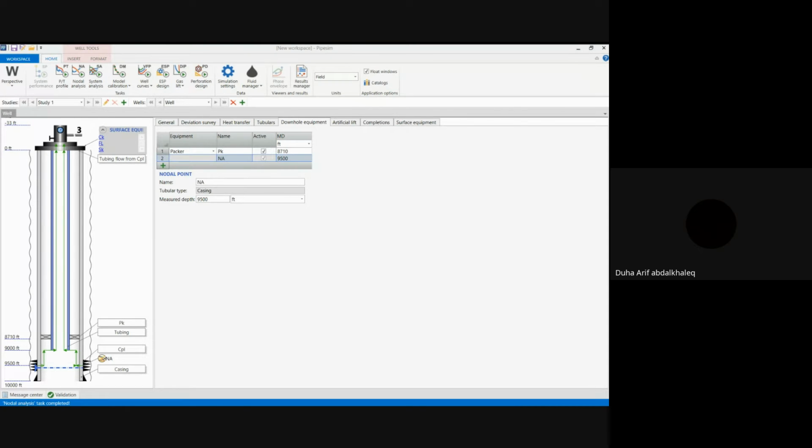Here we have the total distance, elevation, pressure, temperature. Here we have the liquid holdup. Liquid holdup. So for this part